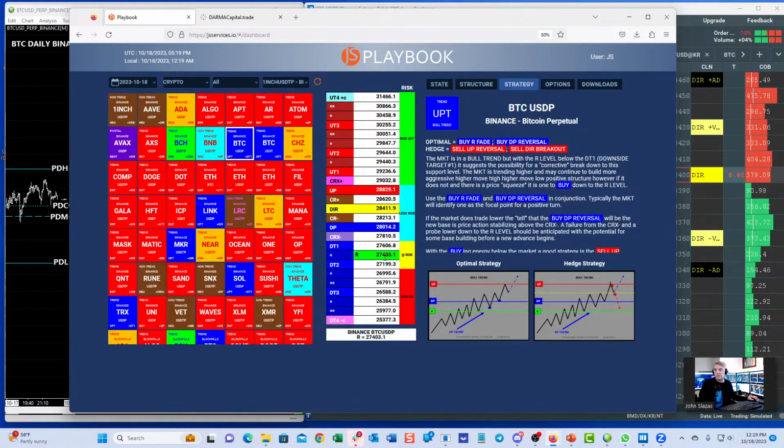Into 27,403. This is where all the big buyers are, because this is where the contest of the state will shift and be in a transitional state. What's another good thing to do? Well, let's let the market sell off and fail from this downside pivot area, try to make a play for this area. If it can't get down there and it pops back up above 28,014, let's get long then.